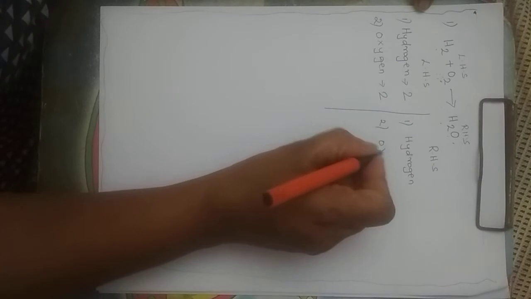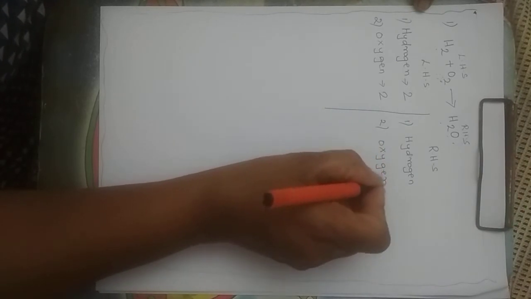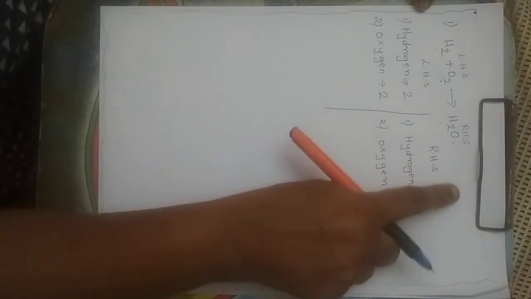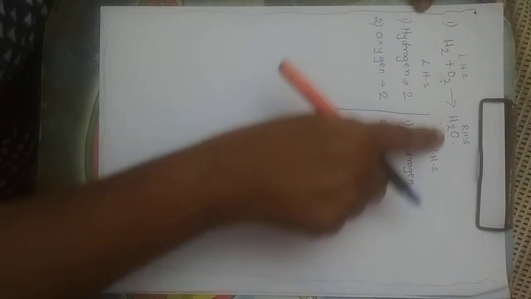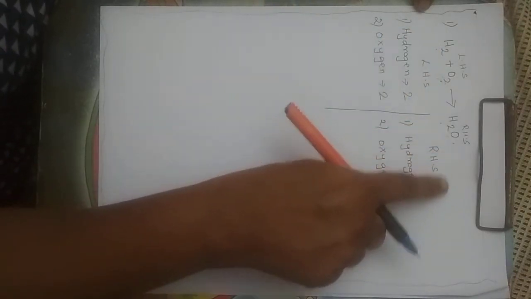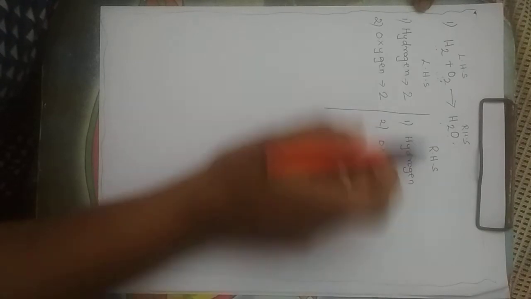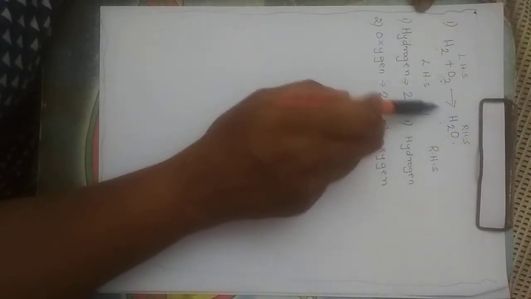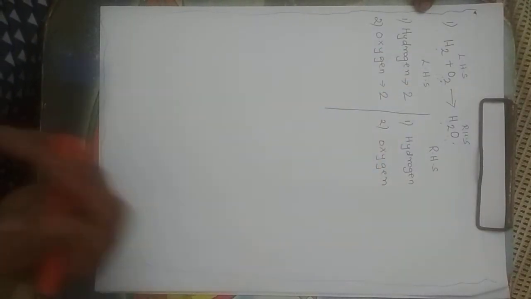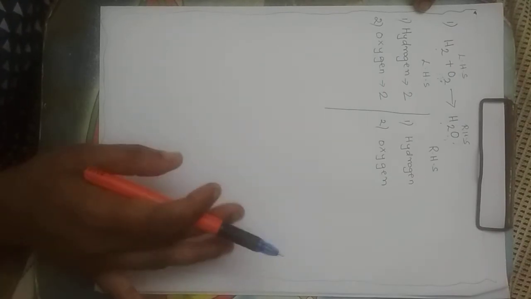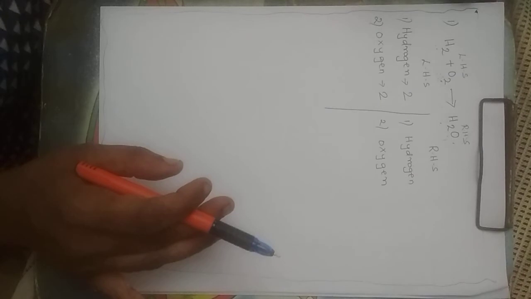Now for the board exam, they won't give you the formula. They will be giving you written words. You have to write in the form of a chemical formula and then balance. I think I showed you in some examples. They will tell you who gives you what. You don't have to know who gives what, because in some reactions we don't know which product is formed. So in balancing, you will be tested on writing the formula for the compounds.